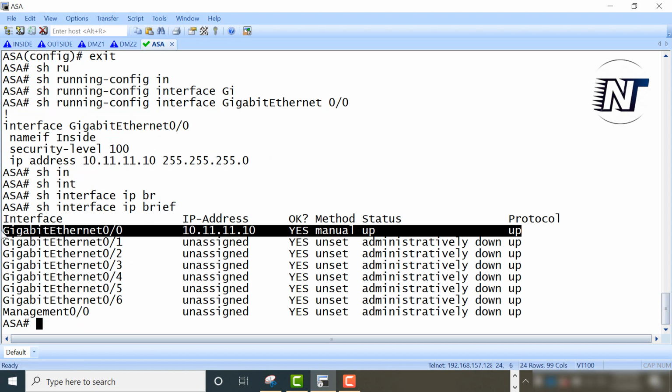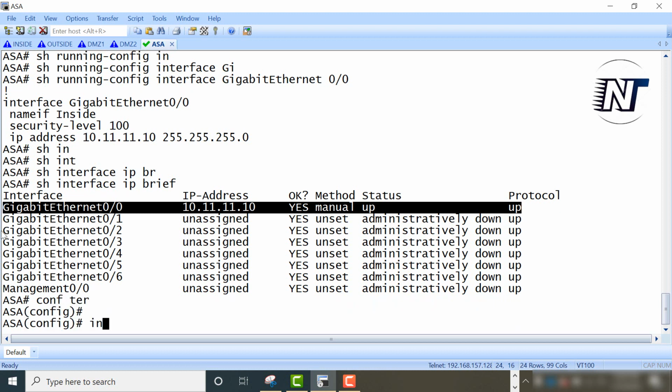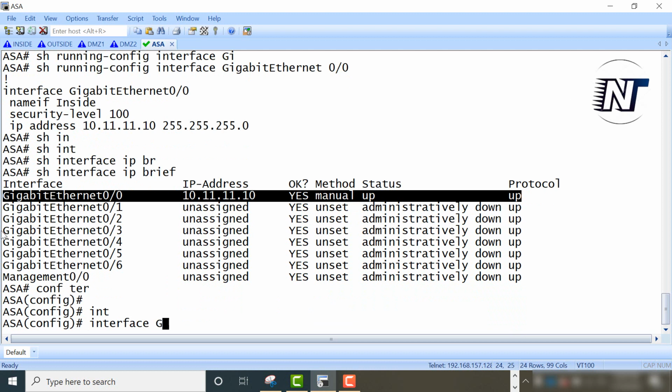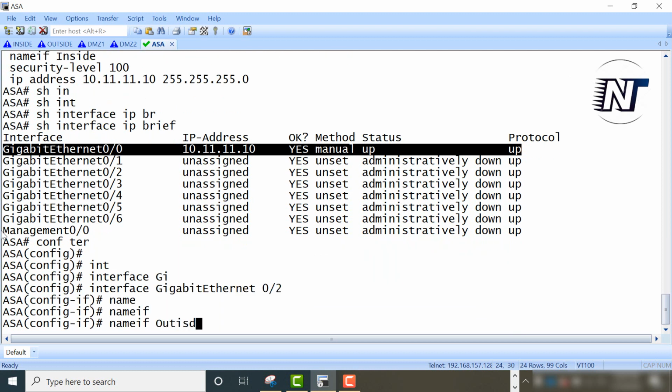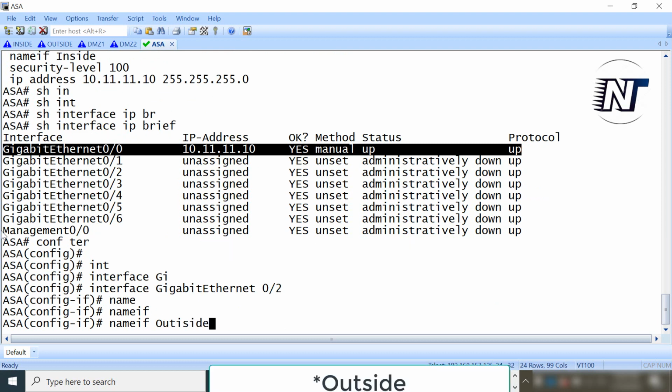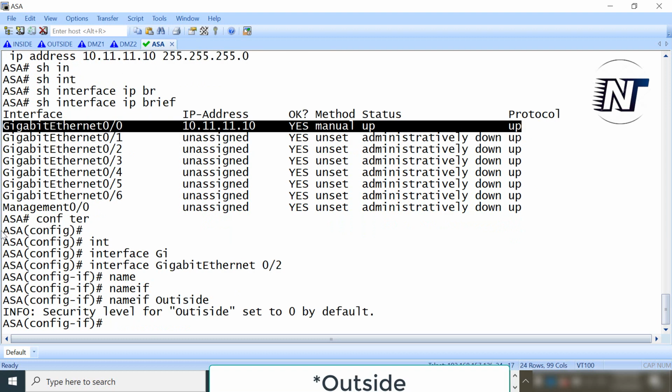Now let's move on to the outside interface. Config terminal, interface gig 0/2, nameif outside. You notice the message pops out. Yes, it set the security level to 0 by default. The only thing I'll do right now is the IP address.